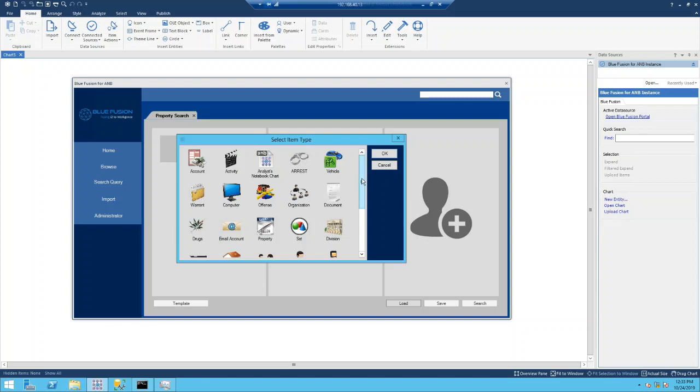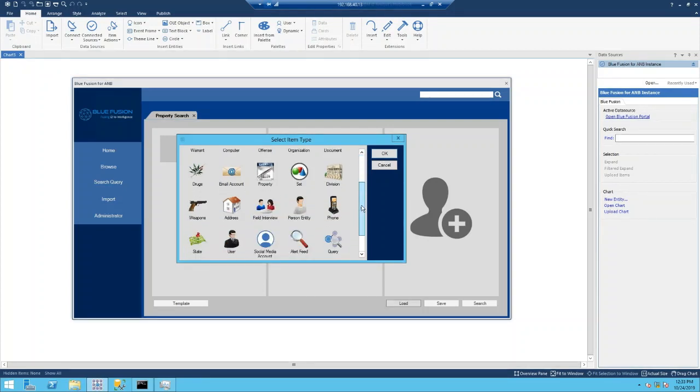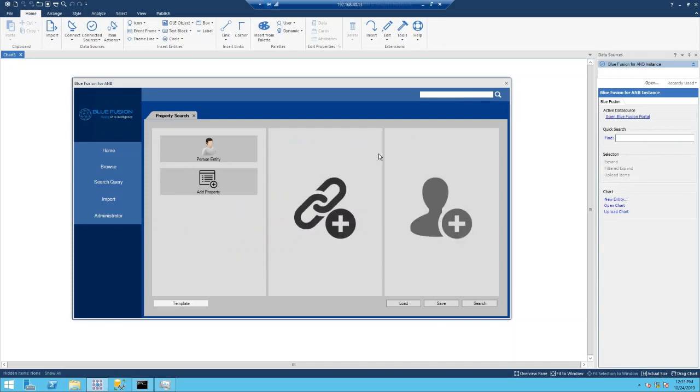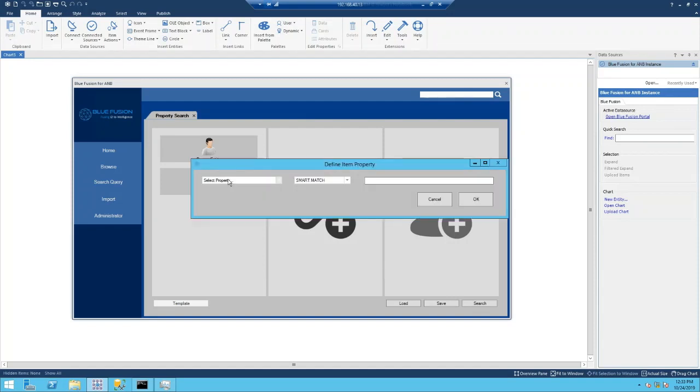The analyst has a wide selection of what entity to search for. These entities are created based on the Analyst Notebook BlueFusion schema created at the time of configuration. For this example, we'll select a person entity. We'll then choose to add more properties to this entity. Here, the analyst can assign whatever property they want to search for. In this case, we'll look for a last name,